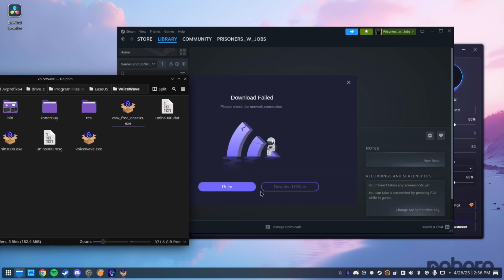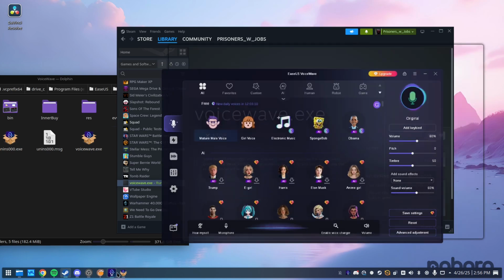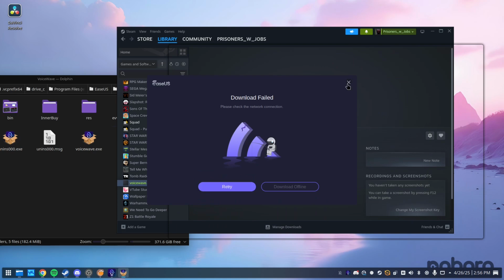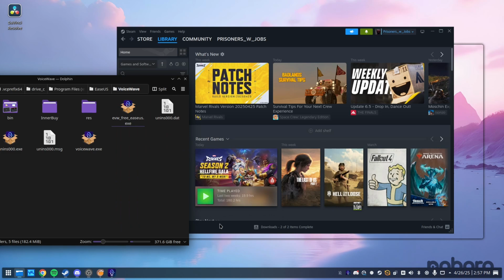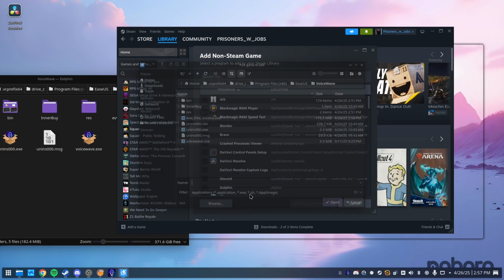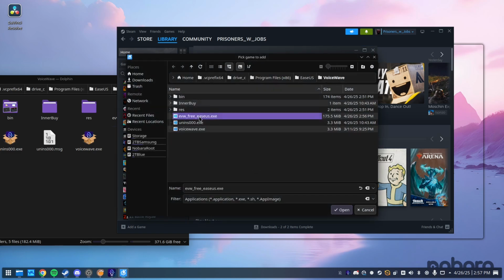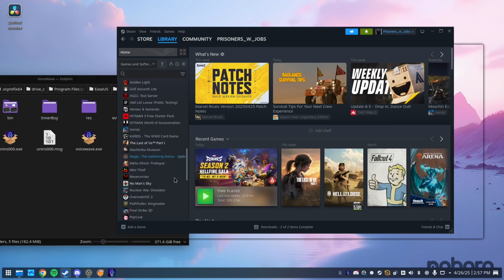So once it's done, go ahead and cancel out of it. You don't need it anymore. Click Stop. Manage, remove the non-Steam game. Now we're going to do the same thing again, but this time we're going to select this software here. So add non-Steam game, browse, here we go, open, add selected game, scroll up,